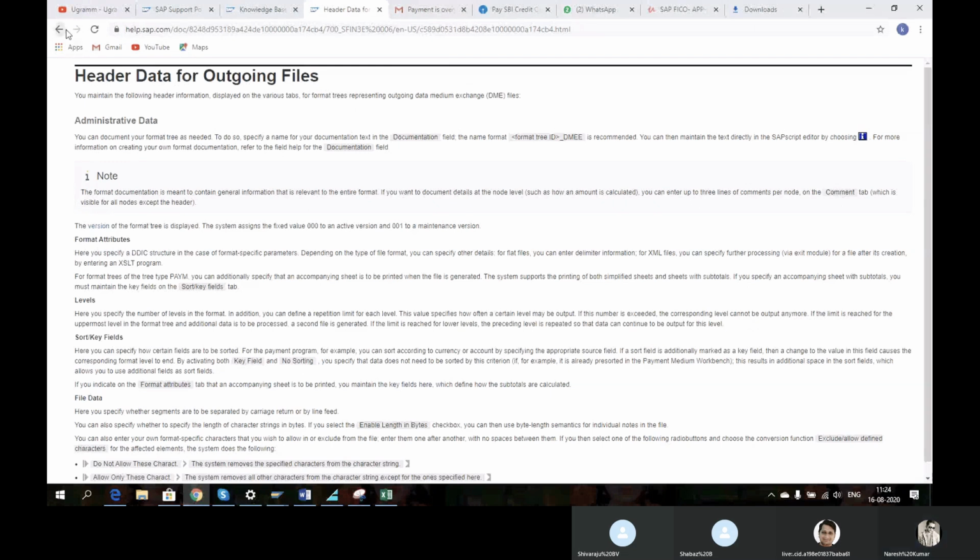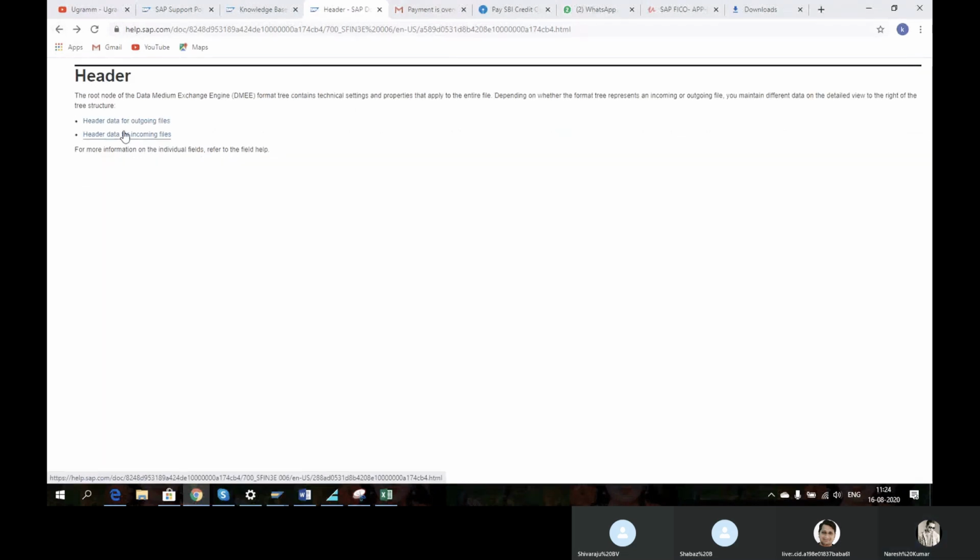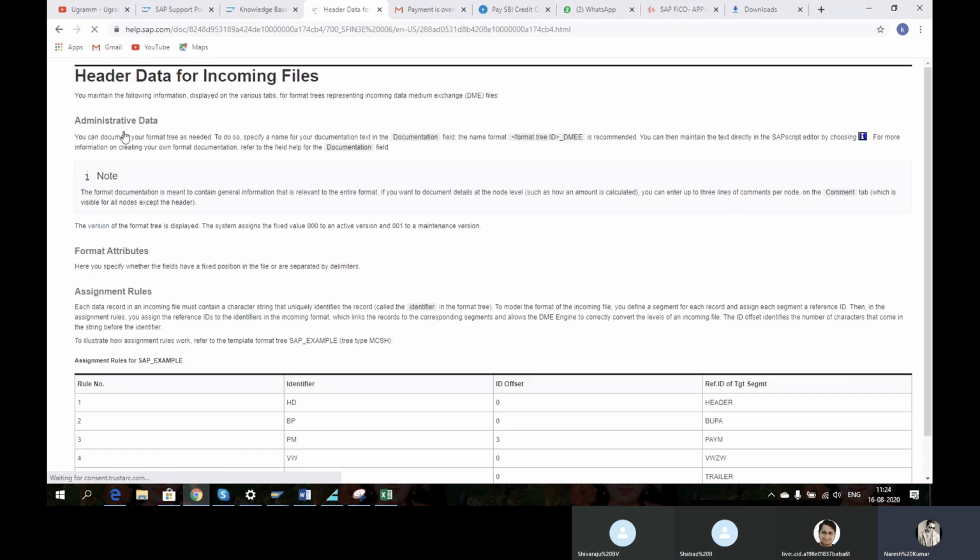Header data for incoming, header data for outgoing.